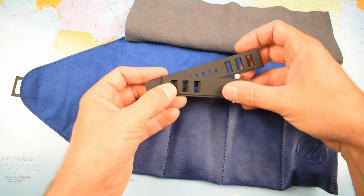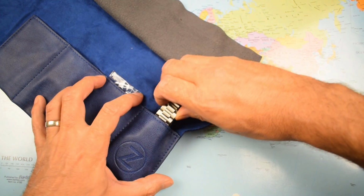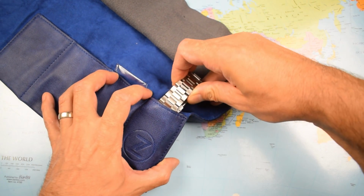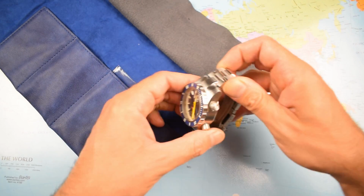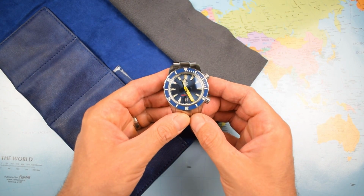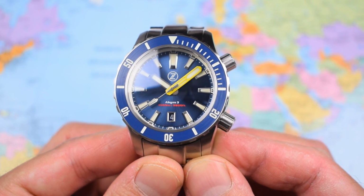They usually either give Horween or a rubber one. Rubber one could be useful in this case, given the enormous weight of the Abyss. In fact, it only just about manages to squeeze into the watch roll. Look at that beast. Now, if you do fancy picking up yourself one of these Abyss 3s, I would suggest